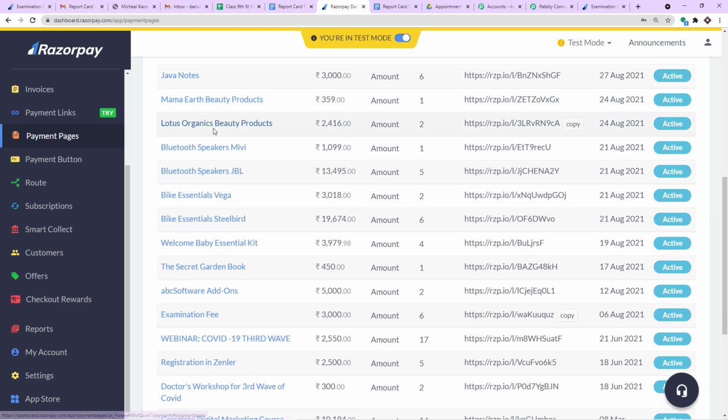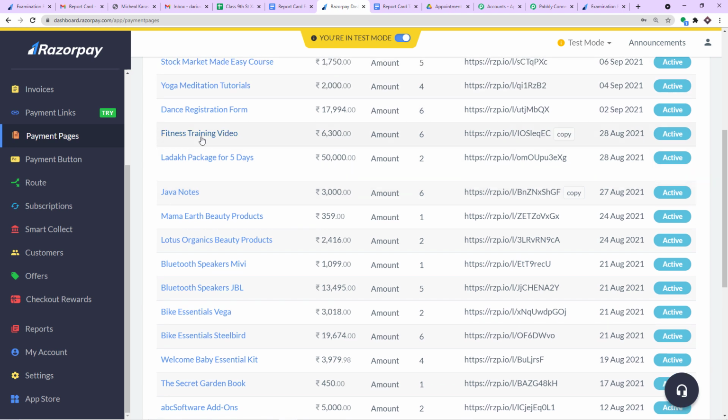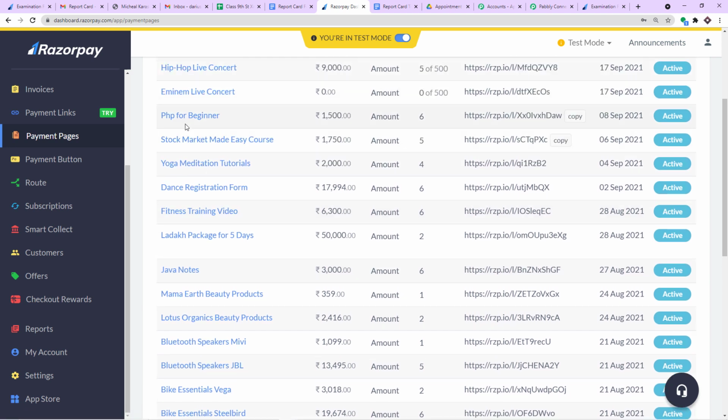There may be many chances that a person makes a payment for, let's say, Java notes, and for some reason the report card may be sent to him. For instance, if someone goes for the stock market made easy course and makes a payment of some amount, let's say 3000, let's say 200, the report card might be sent to the person.